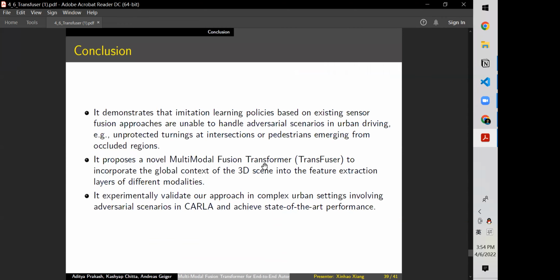So here come their conclusions. This paper demonstrates that imitation learning policies based on existing sensor fusion approaches are unable to handle adverse scenarios in urban driving, for example, unprotected turning at intersections or pedestrians emerging from occluded regions. It proposed a novel multimodal fusion transformer named TransFuser to incorporate the global context of the 3D scene into the feature extraction layers of different modalities. And finally, it experimentally validated their approach in complex urban settings involving adverse scenarios, and achieved state-of-the-art